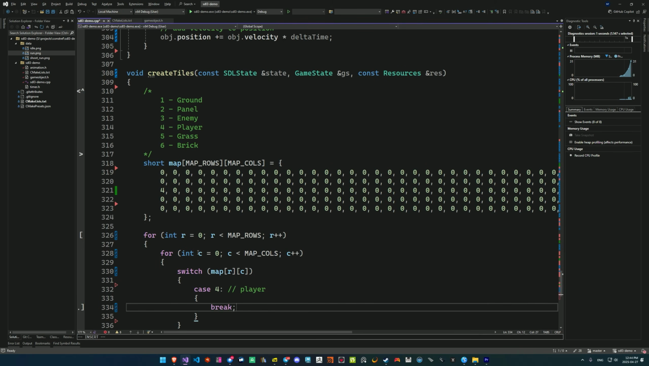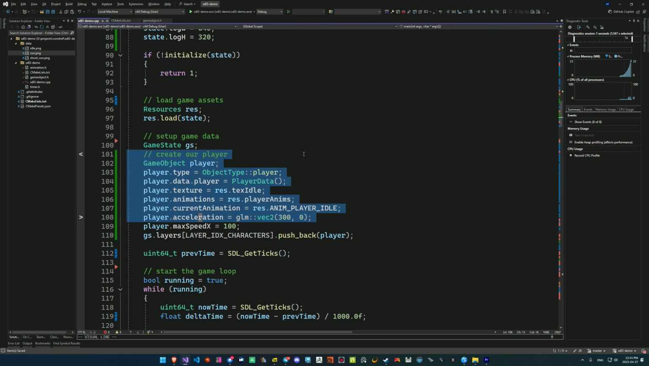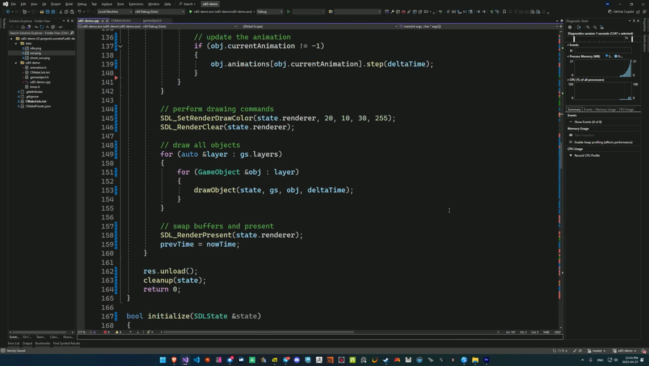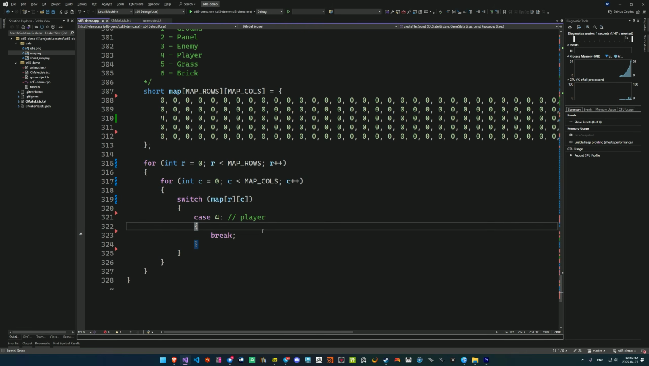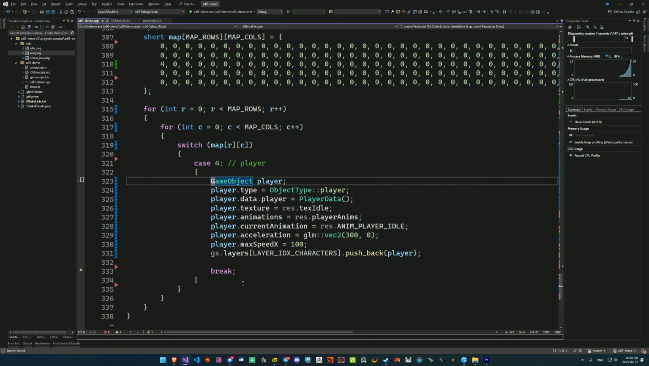With that set up, we can create cases for every single type of tile that we'll be implementing. Let's start with case 4, which represents our player. If we scroll up to the code where we create our player object, let's cut it from there and paste it inside of case 4, because instead of just creating the player outright at the beginning of our program, we're now going to create the player at the appropriate position based on its row and column inside of our tile